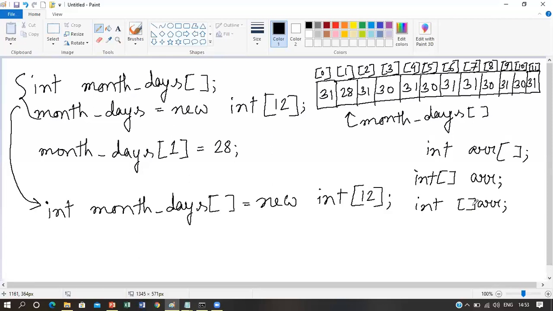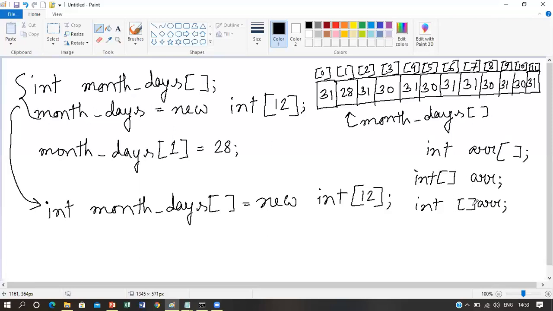Now, arrays can be initialized whenever they are declared. The process is much the same as that used to initialize the simple types. An array initializer is basically a list of comma-separated expressions surrounded by curly braces. The commas separate the values of the array elements. The array will automatically be created large enough to hold the number of elements you specify in the array initializer, and for that there is no need to use new.